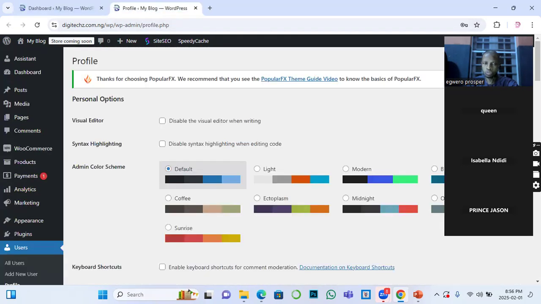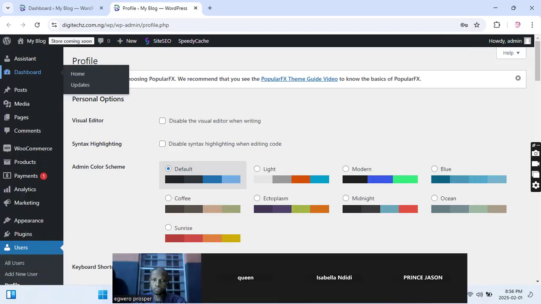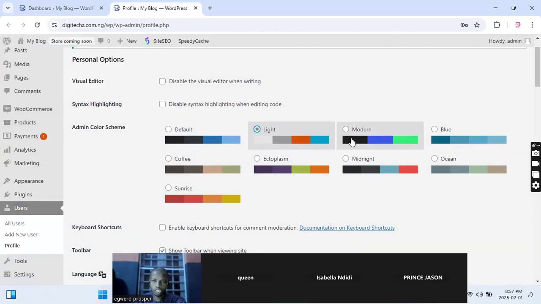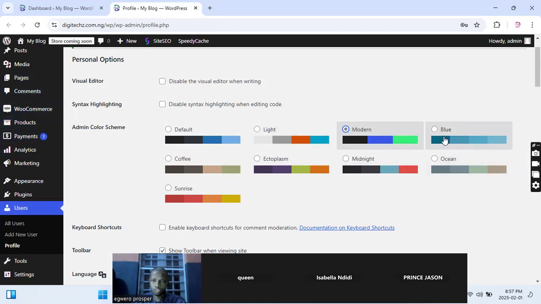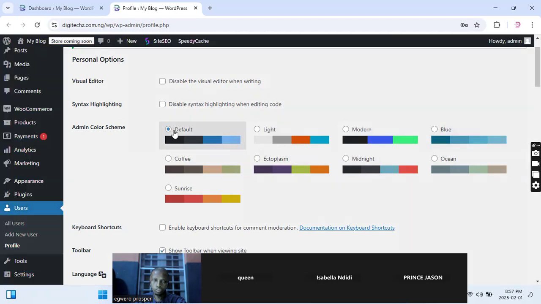On the user page, you can see a lot of features that you can actually modify. These features range from your visual editor, your syntax highlighting, your color mode. So this is the color we are using now. If I click here, you see that the background color has changed. I can click here, the background color has also changed, depending on how you want to view your dashboard. So let's go back to default, because the black background makes it easier for me to navigate around